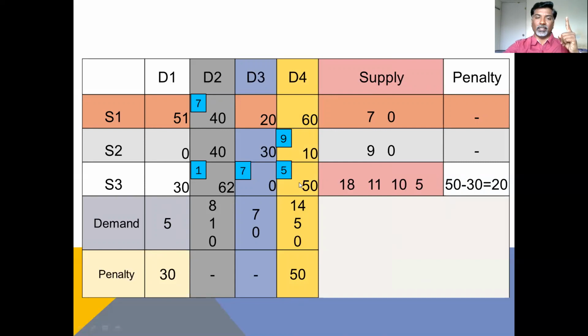When you select this cell, we have to check demand and supply. The demand is 5 units and supply was 10 units. So minimum is 5 units that you have to allocate for this cell, and the demand becomes 0 and supply becomes 5. Now this cell also we have to remove in case of penalty calculation because the demand becomes 0. So supply is equal to 30, demand is equal to 30 in this case.